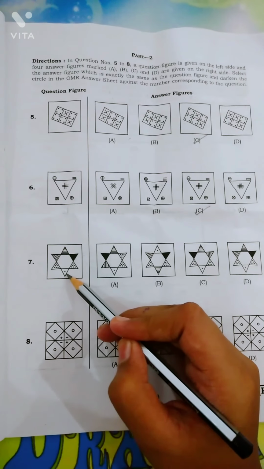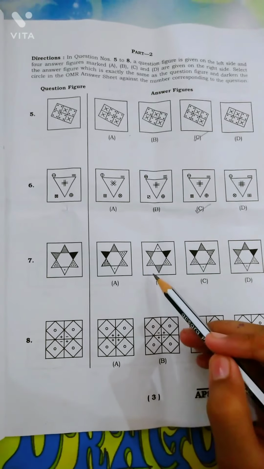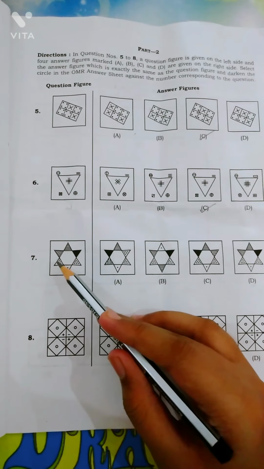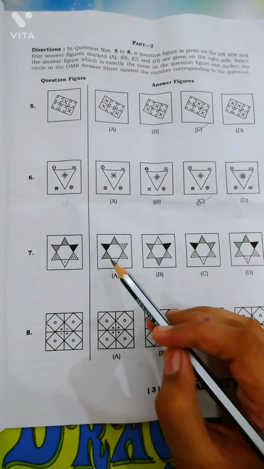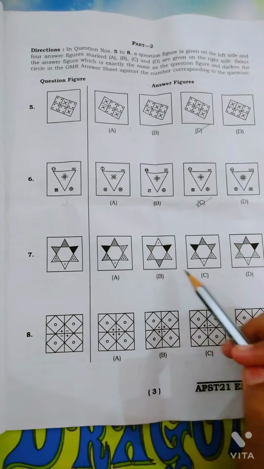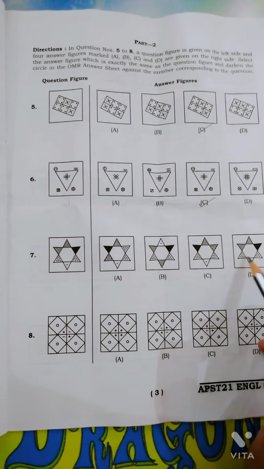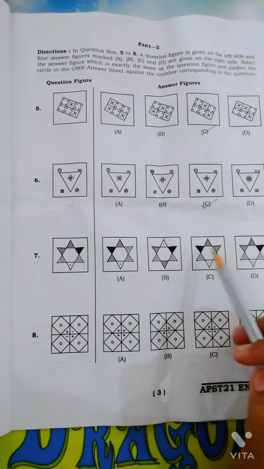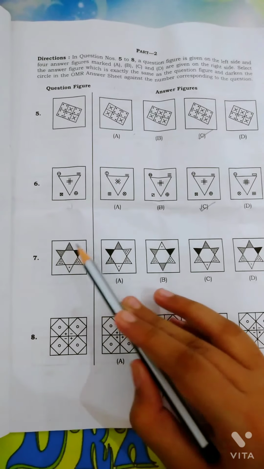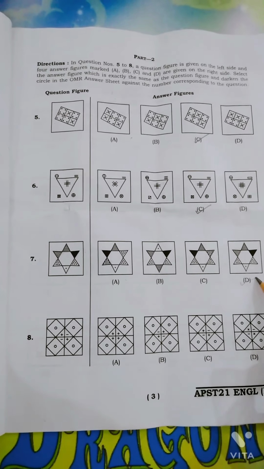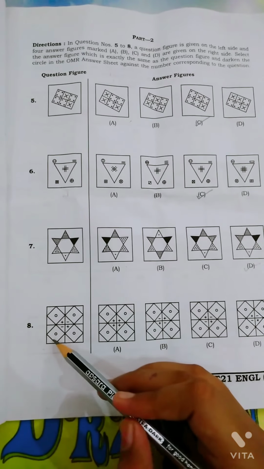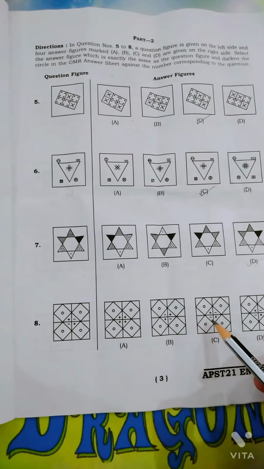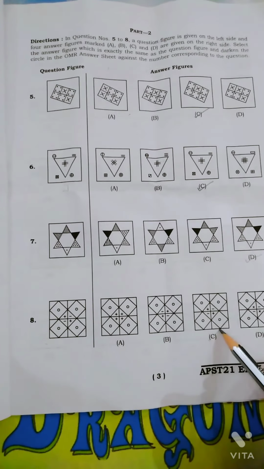Now here it is one dot, so 3 dots are there. B would not be because A, C and D have dots. Now we have to see where this 2 is. A will not be. C is there, but D is also there. And we have to find how this is. Now only D would have C. Now this is similar, so D will be the answer. Here it is plus, minus minus plus, plus minus minus plus. Here C would be the answer.